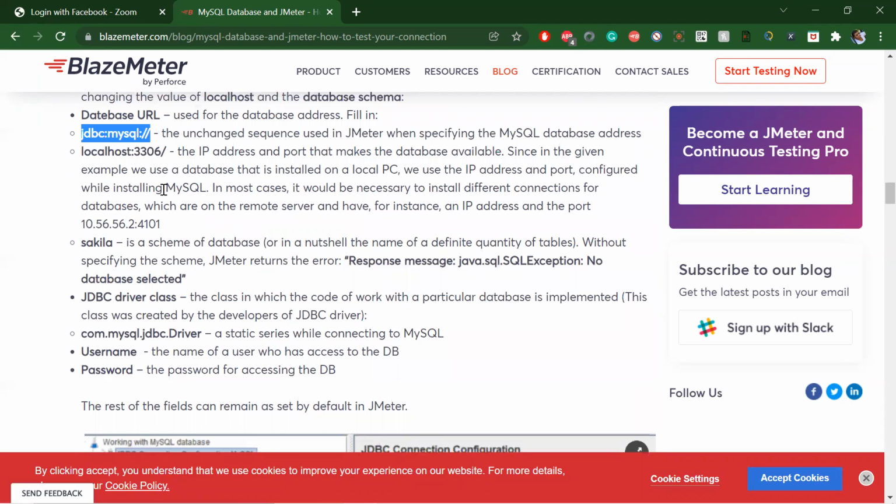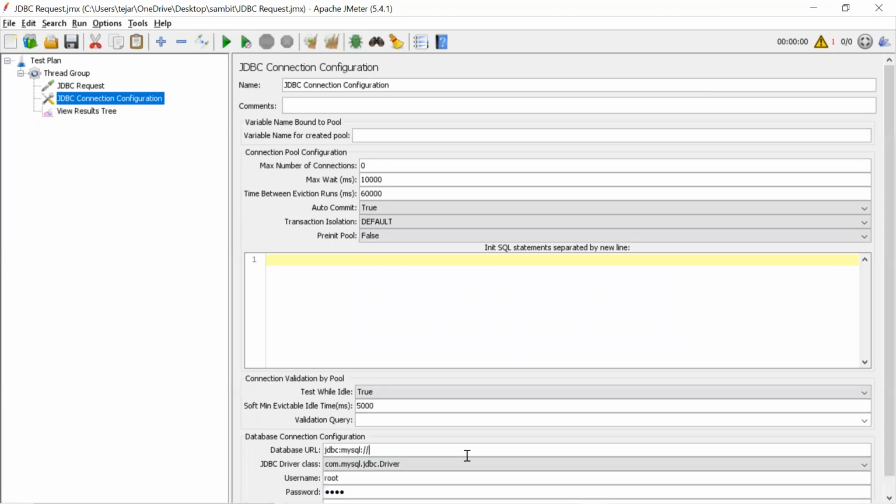JDBC, then localhost. If the database is somewhere else, you will use the IP of the machine where the database server is running. Suppose it's Oracle, then jdbc colon, what should be there instead of MySQL?